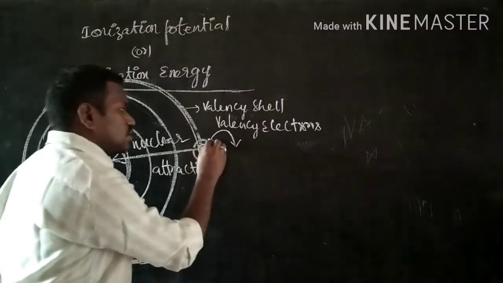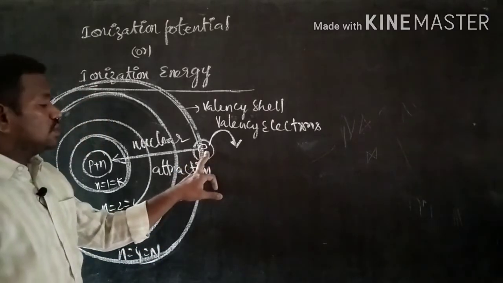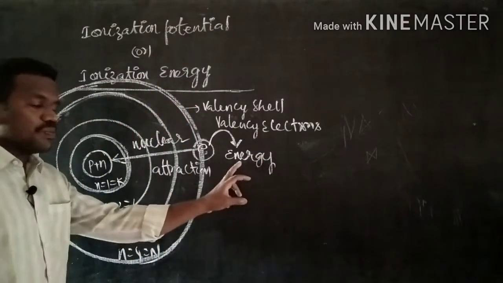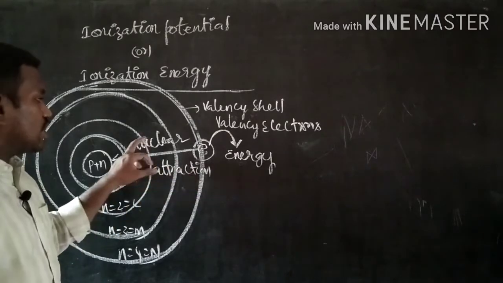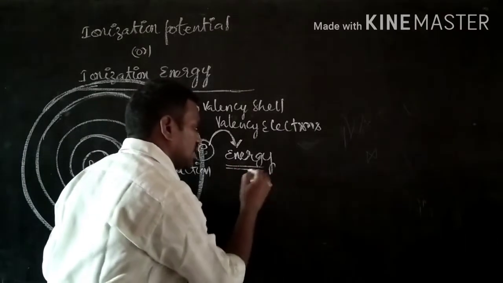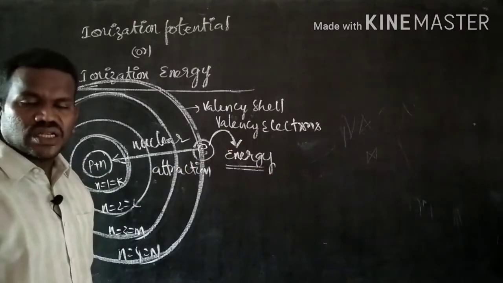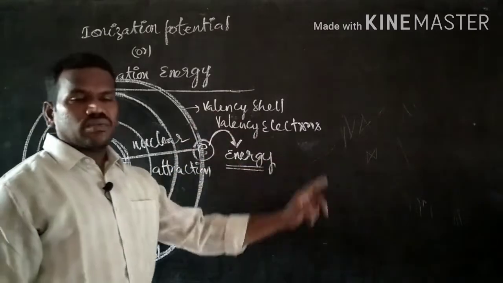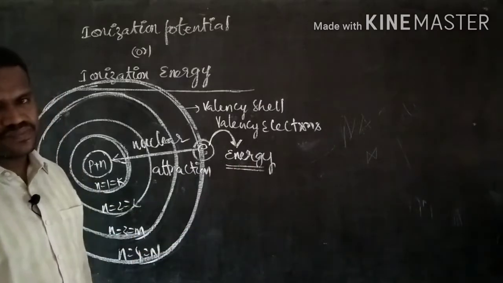Now, we want to remove this electron. To remove this electron from the valency shell, we should supply some amount of energy. Why are we supplying energy from outside? Because the electron should overcome the nuclear attraction. That means if you supply some amount of energy to the electron in the valency shell, it overcomes the nuclear attraction, and then it will jump outside from its valency shell. This means